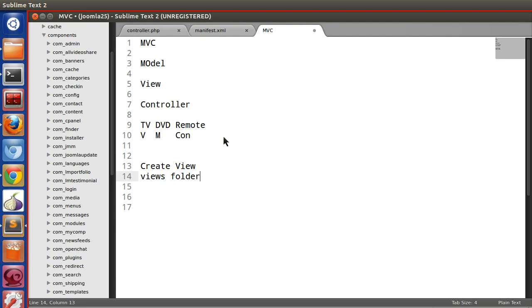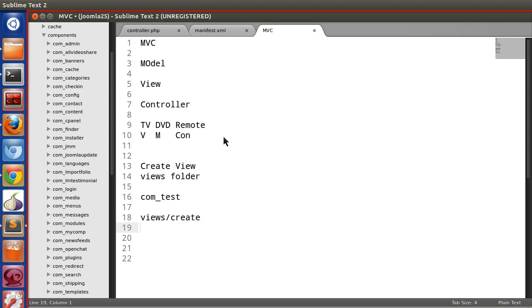Inside the views folder you can create multiple views as folders. Suppose my component is com_test. I want to create views, so I have to create a views folder. And I want to create, let's say, a create view, so I have to create another folder, create.